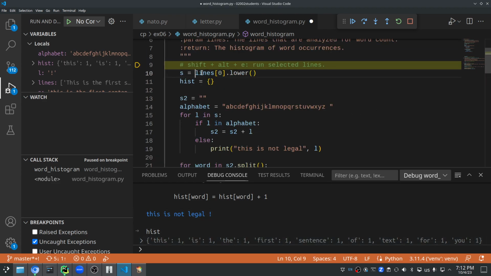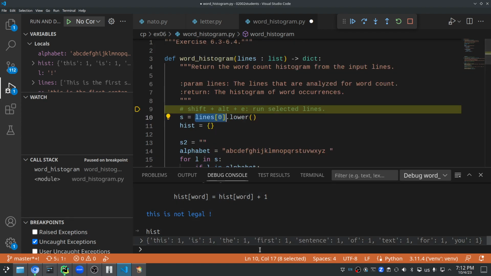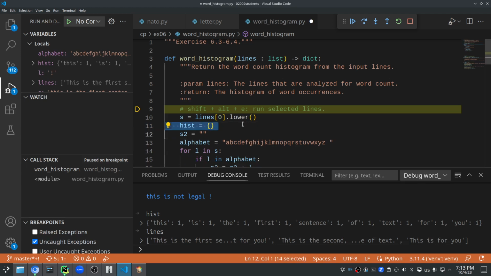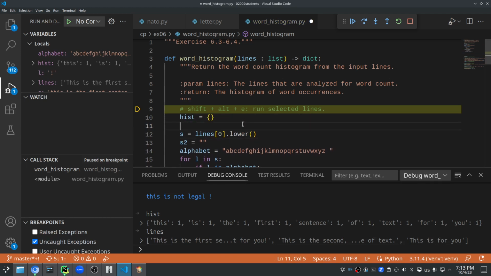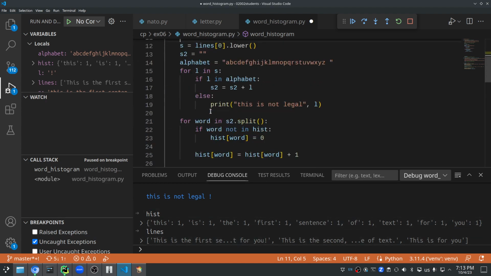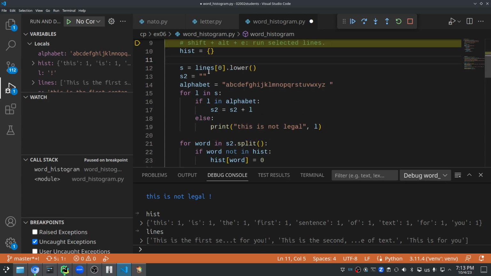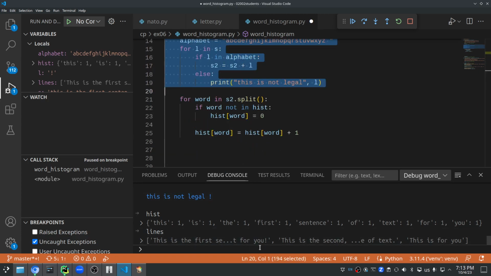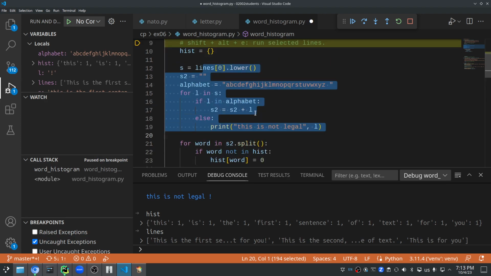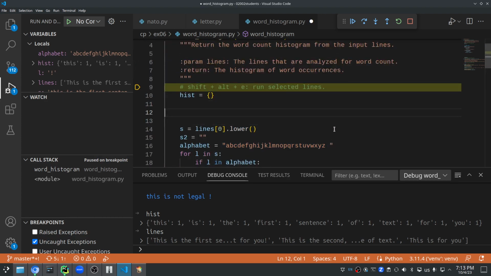Okay, that takes care of the first of the lines, because remember, there are multiple lines. But basically what I need to do here, let me just move this one up, is just do this for each of the lines, right? Because if I update the histogram with all the words in the first line, and then I do the same thing for the second line and the same thing for the third line, I'm just going to count all the words correctly. So the only thing I need to do here is make a for loop